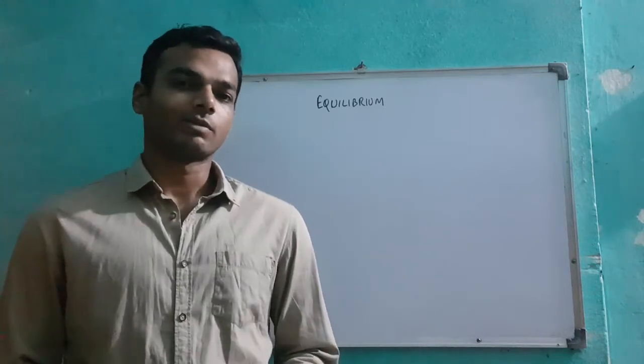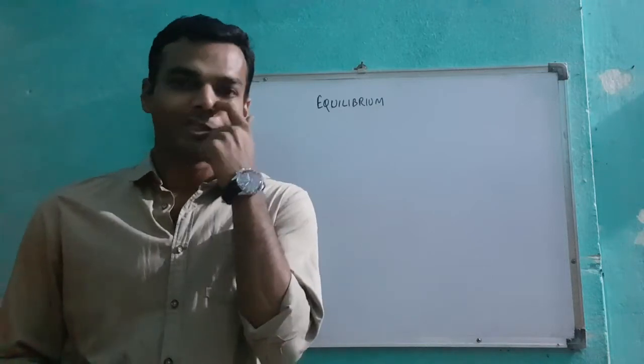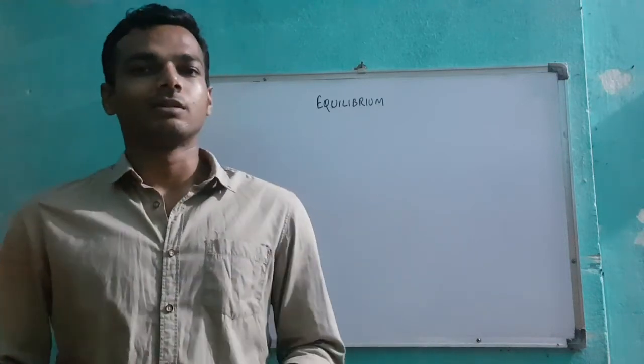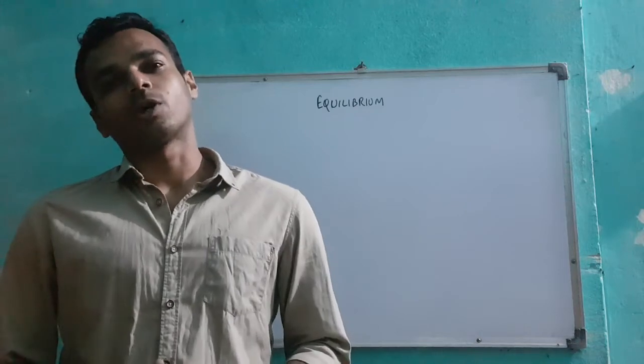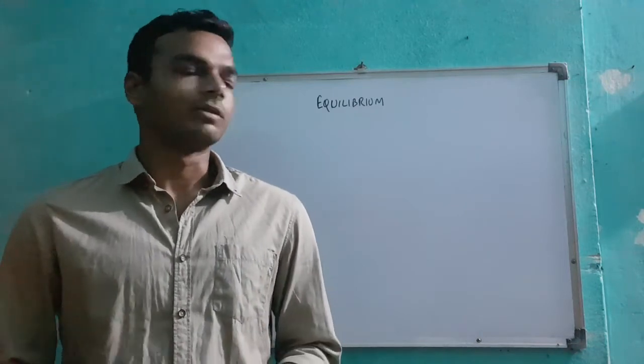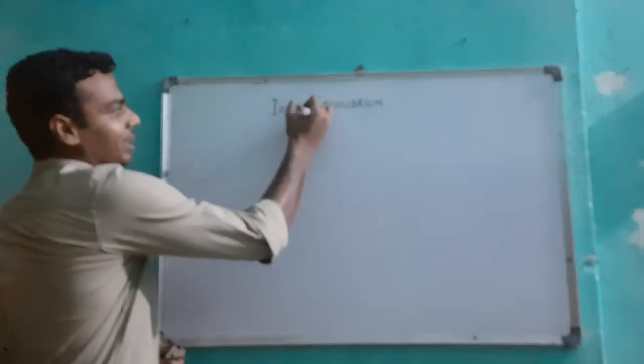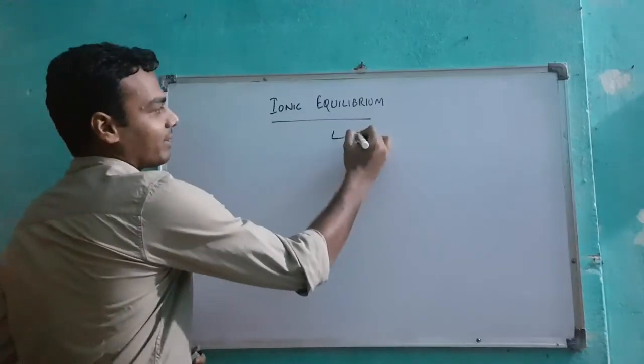Now equilibrium consists of two parts, chemical and ionic. I will not be dealing with the first part, I will be going into the second part, and I will be preferring to talk about three topics mainly that comprises of ionic equilibrium. Now, in ionic equilibrium, the major part is finding pH.